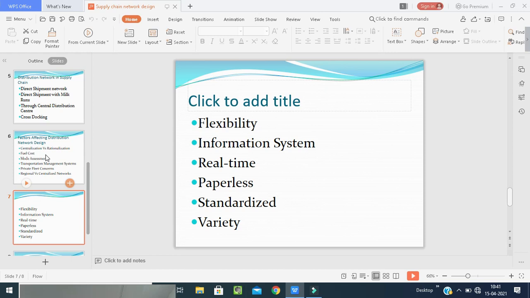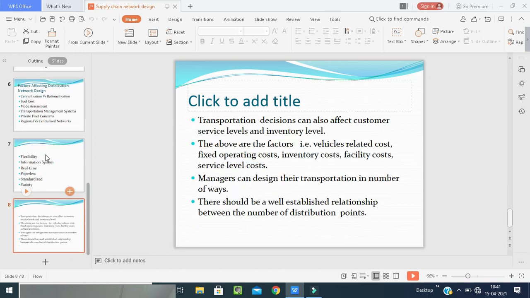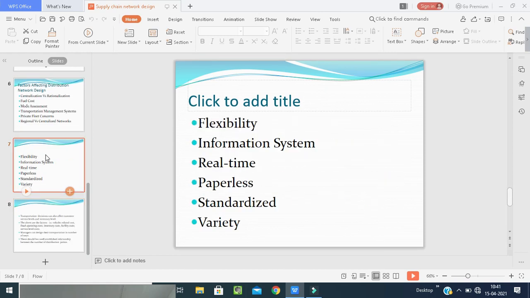Next, information systems. What is an information system? Nowadays, the collection of customer data and understanding the needs, expectations, demands, and ordering phases of the customers is important, so that we are able to understand the area, location, and address of the customers. No need to ask again and again, no need to check. That means we can save the time, money, and efforts of the company and the company's people.